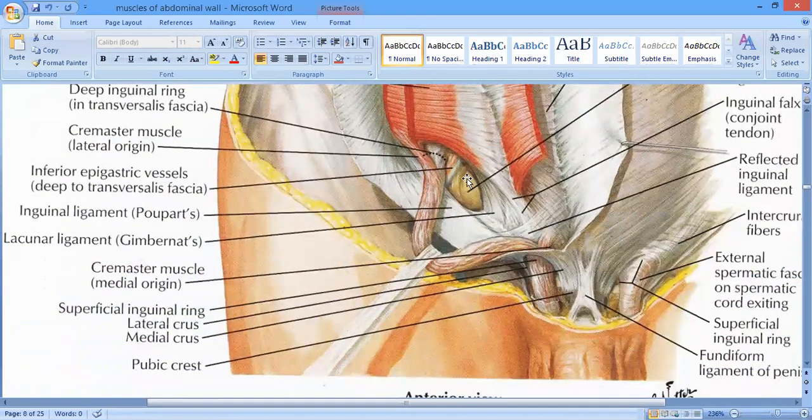Okay, here you can see the posterior wall, laterally it is formed by the fascia transversalis and medially it is formed by this conjoint tendon and the reflected part of the inguinal ligament, right? So these two structures in the medial aspect of the posterior wall make the posterior wall more strong, more powerful, against the defect in the anterior wall. Anterior wall may have a defect medially. That is the superficial inguinal ring. So the posterior wall, which is formed medially by the conjoint tendon and reflected part of the inguinal ligament,